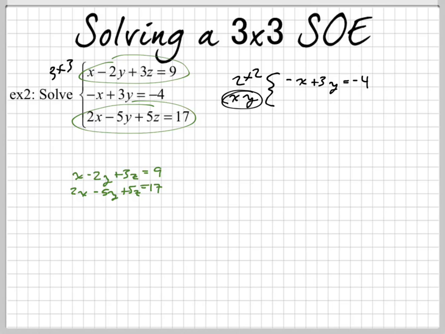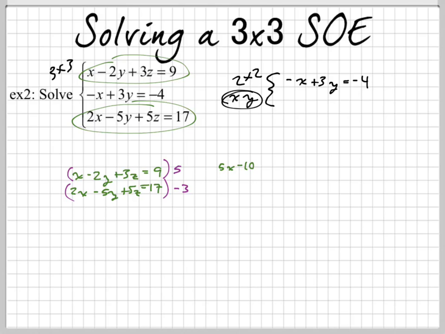Okay, so in order to eliminate the z's for this one, it sounds like I keep saying disease. Alright, I'm going to multiply the top one and multiply the bottom one. What's the common multiple for the 3 and the 5? 15. So let's go 5 on the top and -3 on the bottom. Let's write our new ones. Our new ones are